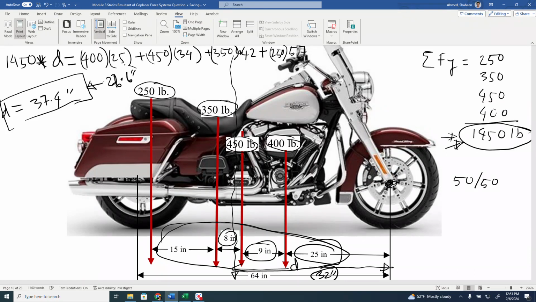26.66 inches from the rear wheel. So we did not achieve that 50-50 goal. However, most motorcycles are not ridden with a passenger. Let's say the passenger does not exist. So if you delete that passenger weight, then the total load would be